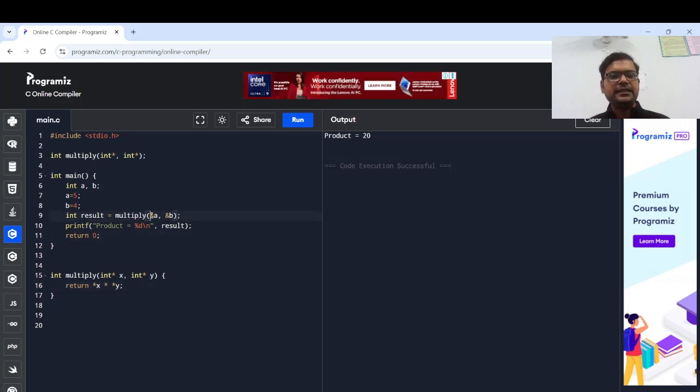Here, instead of passing the value directly, we are passing the address of the variable a and the address of the variable b, which are going to be stored inside two integer pointers x and y. And the values at those integer pointers x and y, we are multiplying and returning back. So in the function prototype also, we made the changes. So this is called